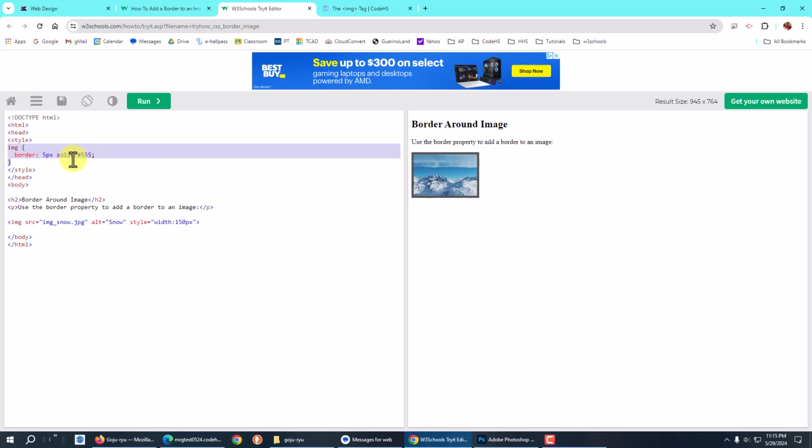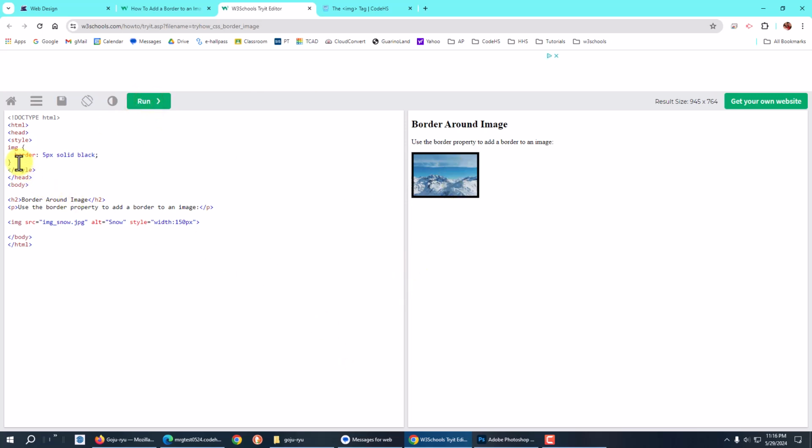I like the 5 and I like the solid, but I want it black. So I can actually change it right here. It's live. So if I click black or type black and then click run, you'll see it with black. Okay, so that's what I like. So I'm going to copy this